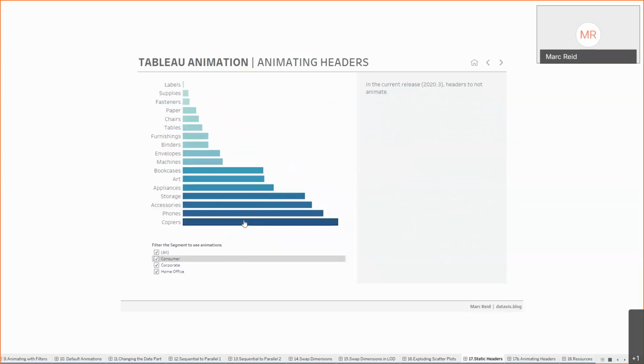So you want to sort the values based on sales for every year, I guess might be what you're saying there. In which case you might have the pages shelf in the view here. You can have a pages shelf based on year, and then as you page through those years, it will effectively filter the data to each of those years and sort accordingly. Does that answer the question?